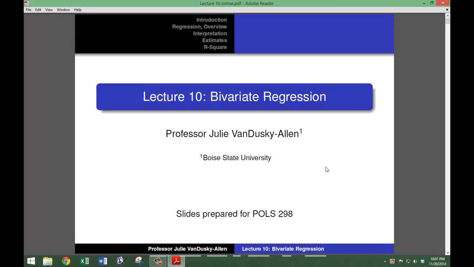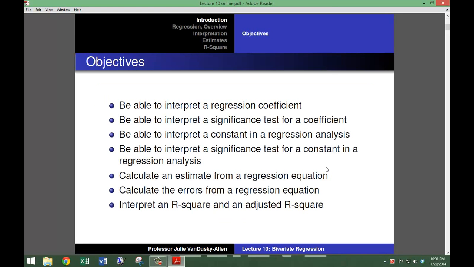This is Lecture 10, Bivariate Regression. By the end of this lecture, you should be able to interpret a regression coefficient, interpret a significance test for a coefficient, interpret a constant in a regression analysis, interpret a significance test for a constant in a regression analysis, calculate an estimate from a regression equation, calculate the errors from a regression equation, and interpret an R-square and an